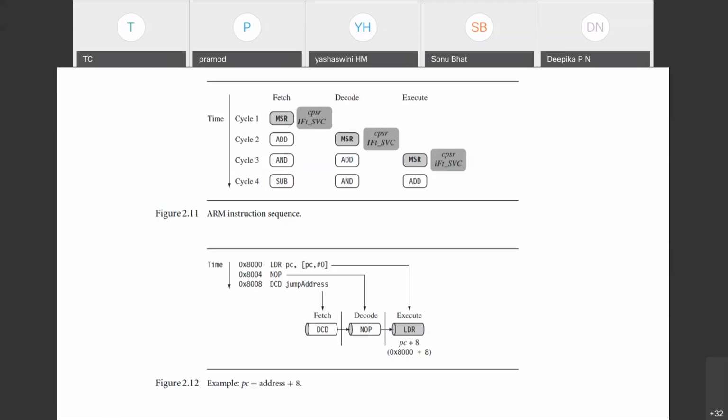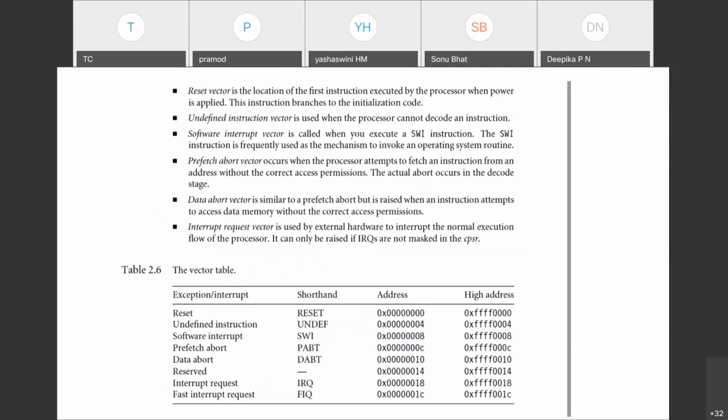Then there is one interesting concept which we will discuss thoroughly in the third unit, which is exception and interrupt handling. The processor is executing the instructions one by one. It means that it is running the program. So what may happen? An interrupt may be raised. What is an interrupt? An interrupt is the one which takes the processor to a particular location to execute the program present in that location. So it interrupts the program.